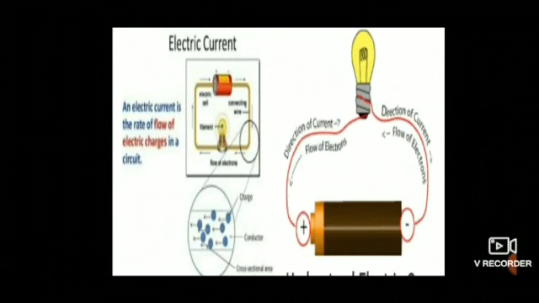Current electricity: lightning is a spark of electricity in the air and a bulb uses electricity to glow. Electricity is a form of energy produced by charges. These charges can be at rest, meaning static, or moving charges, which constitute current electricity. Flow of free electrons in a particular direction constitutes an electric current or current electricity.